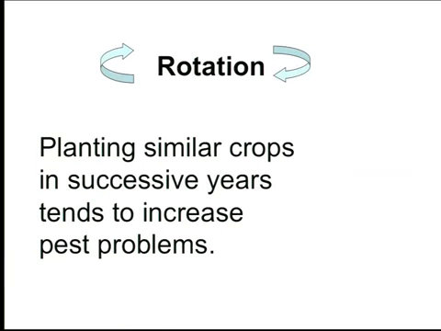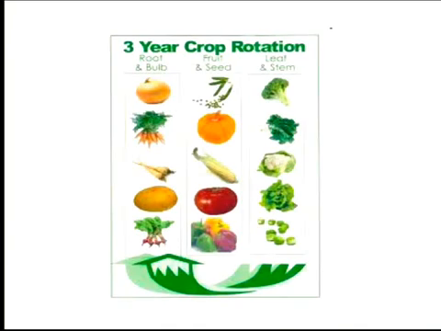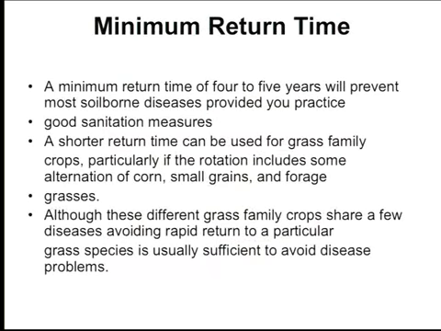Because if you bring them with the disease, then you're going to have epidemics. And then you don't want to plant similar crops in successive years because that increases pest problems, as you know. If you grow tomato after tomato after tomato, you are basically creating the conditions for a disease to spread. And I think we went through crop rotation already, and I taught you about the advantages of having these different families alternating. And there's the thing called the return time.